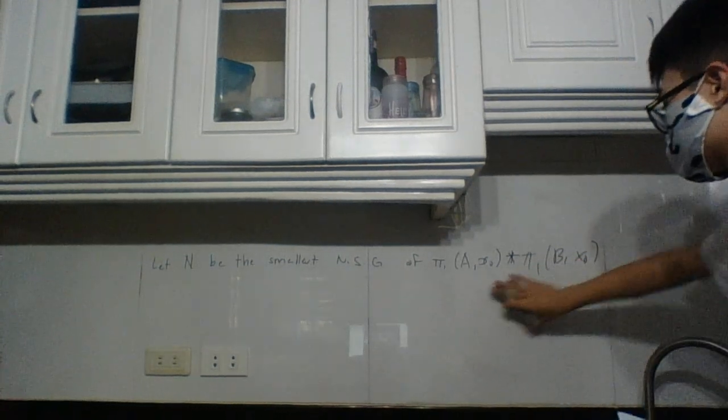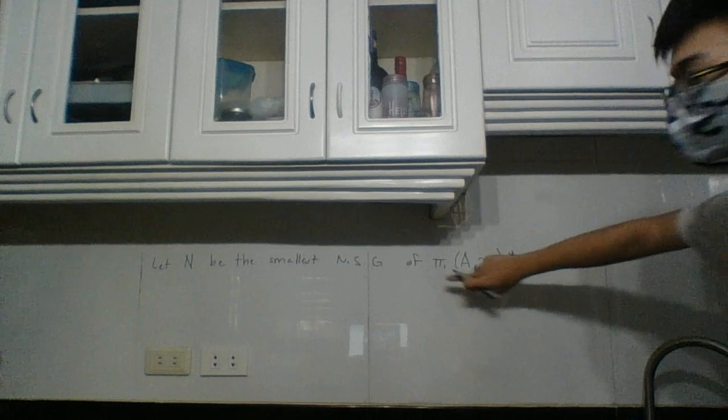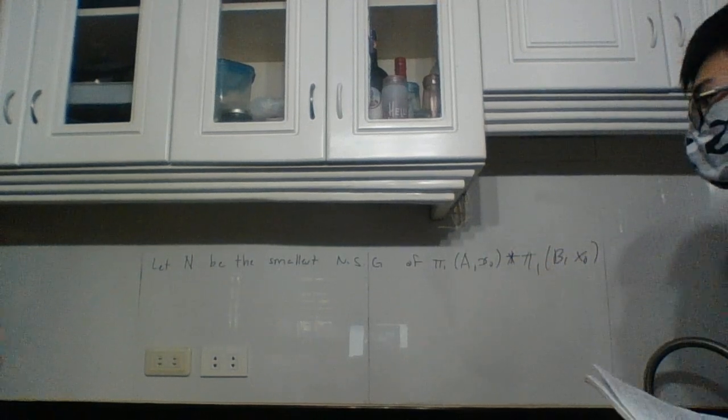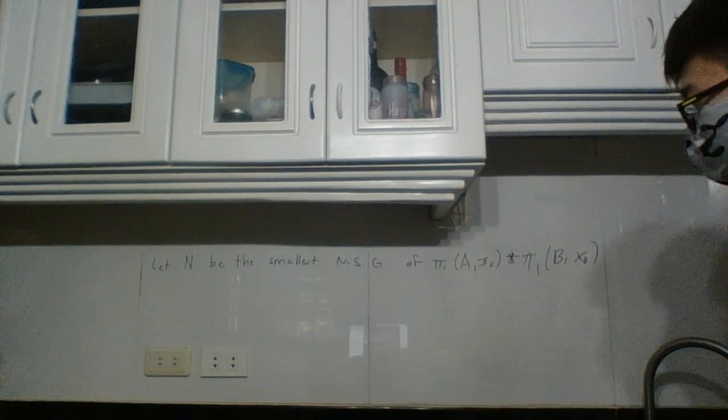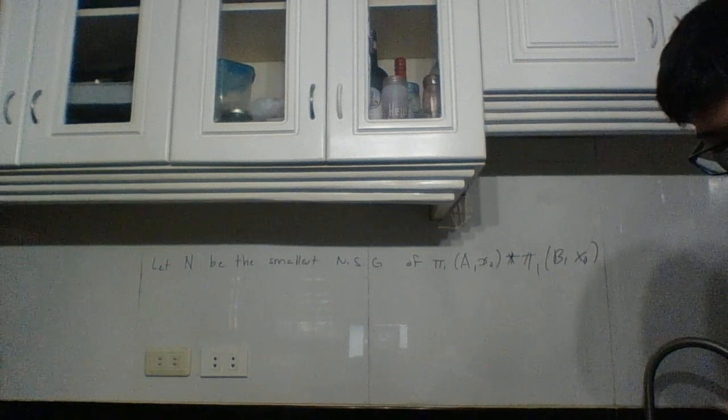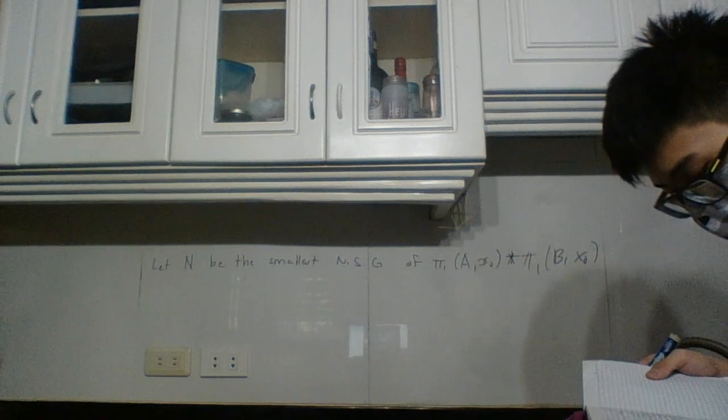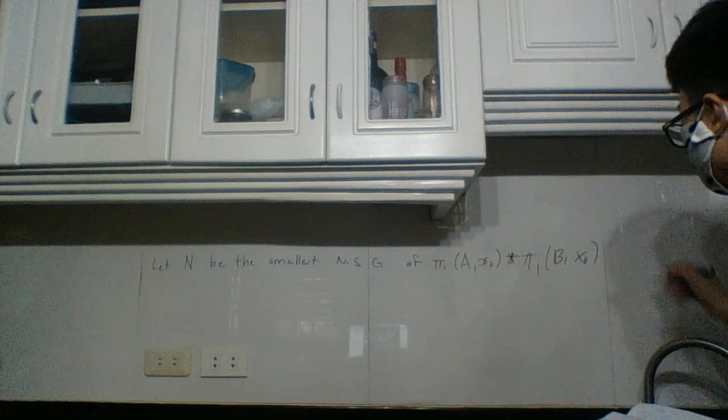So this is a group. The free product between these two groups is also a group, and N is the smallest normal subgroup of that free product,